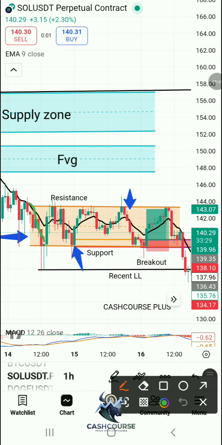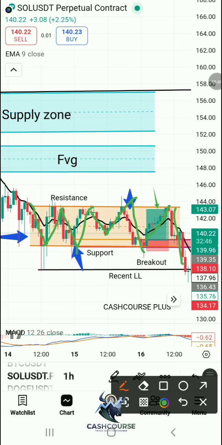Price came over here, tapped the support zone, went back up, tapped the resistance, came back, tapped the support, went back up, tapped the resistance, came back, tapped the resistance again, came back, and this was where we made profit yesterday. All right, so it came back. When it came back over here, we saw a reversal candlestick pattern both on 4 hours and on 1 hour. We saw a hammer candlestick and a confirmation. That was when we actually made an entry on the 5 minutes when our EMA 9 went below the price. We made an entry and we profited from it, and it came back down,